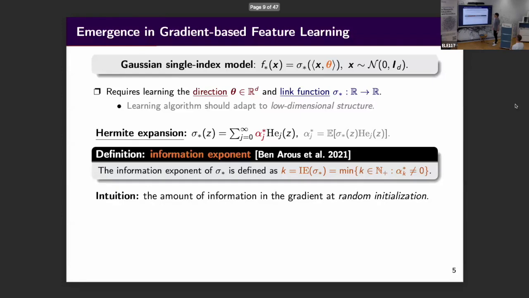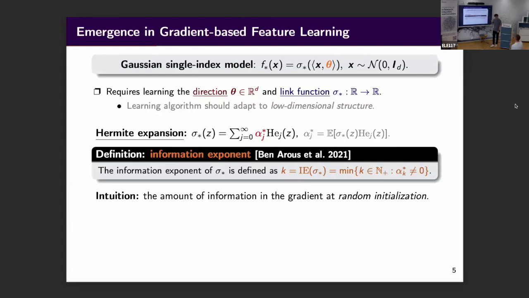The complexity of gradient-based learning with this particular single index function is often governed by a quantity known as the information exponent. For that, I'll need to define the Hermite expansion of this nonlinear link function sigma star. I can write it in the Hermite basis, with a bunch of Hermite coefficients alpha j, and the information exponent is defined to be the smallest